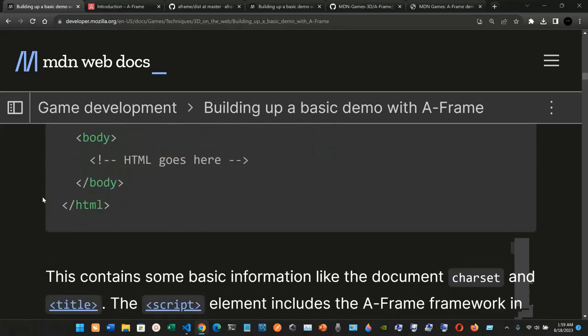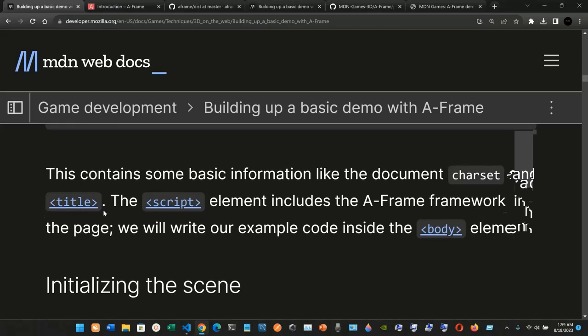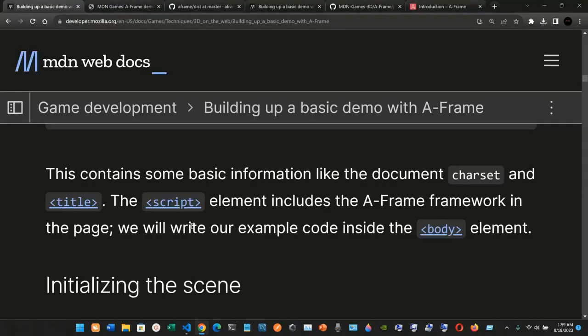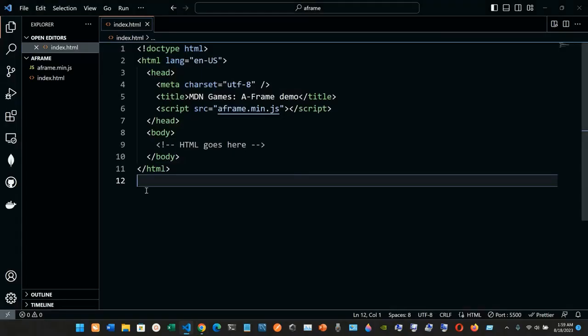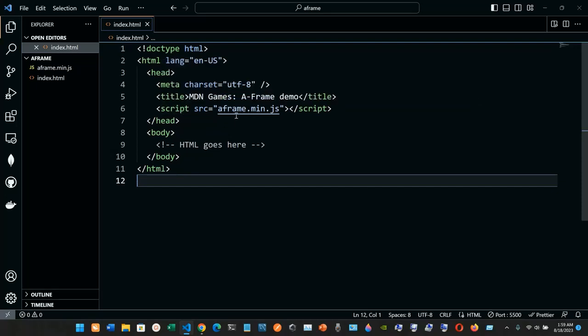Okay, so this contains some basic information like the document charset and title and the script, and as you can see we have the title here, MDN Games. Okay, let's move this one to the right. The script element includes the A-Frame framework in the page. So again, the script is inside of the head element, and the script is set to